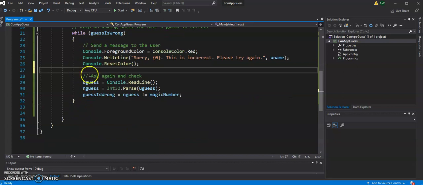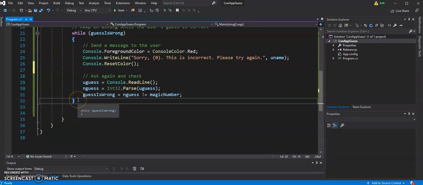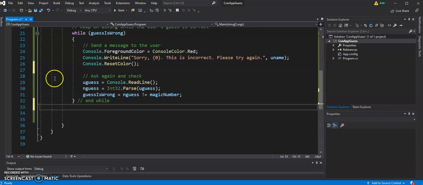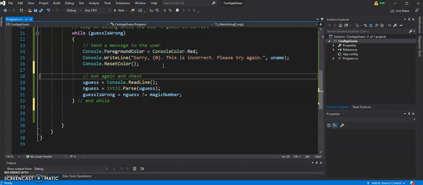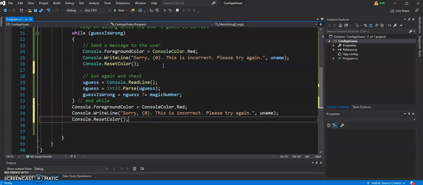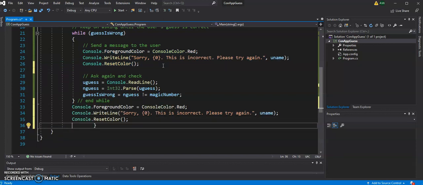Now when will we exit out of this loop? We get out of the while loop when the guess is not wrong, meaning that when the guess is right. So when the guess is right, what do you do? Well, we congratulate the user, right? So we are going to copy this block and paste it here. Okay,